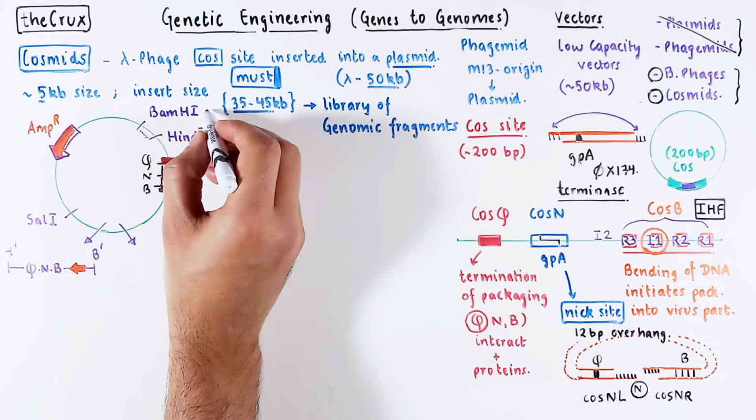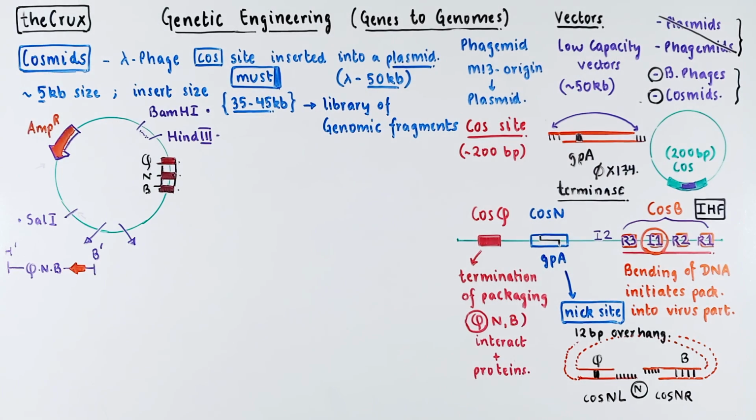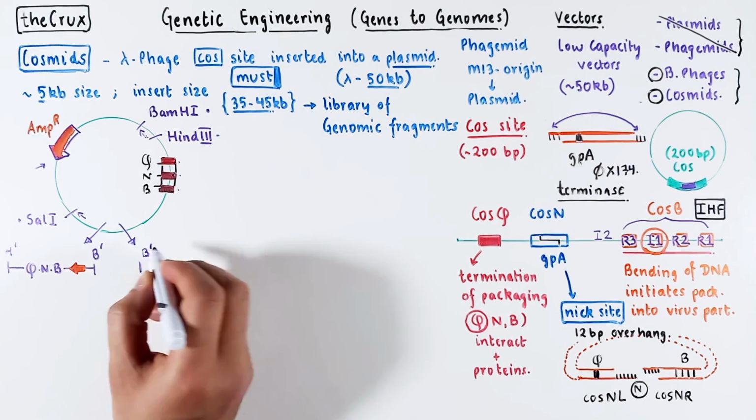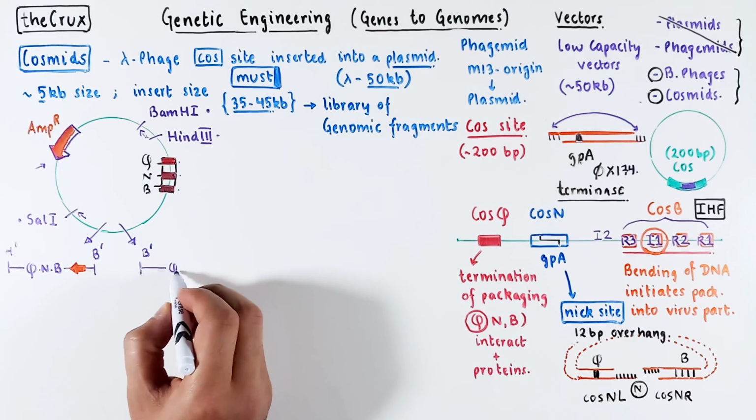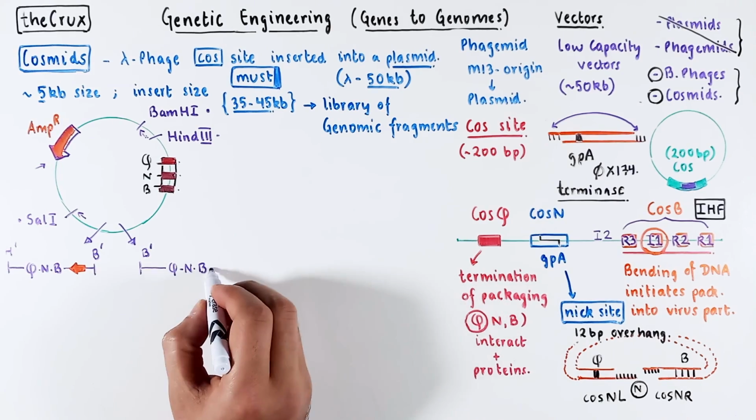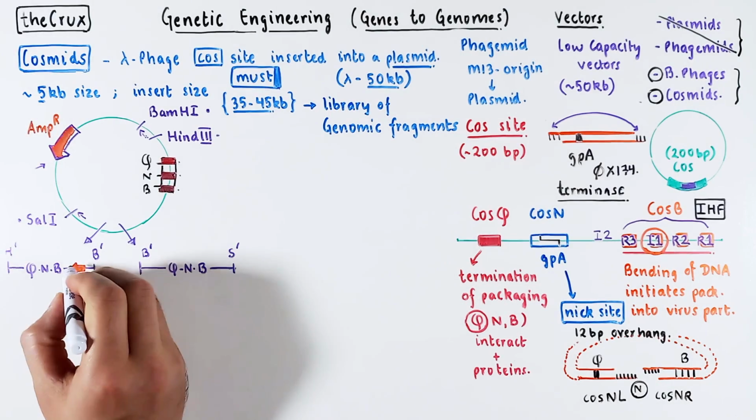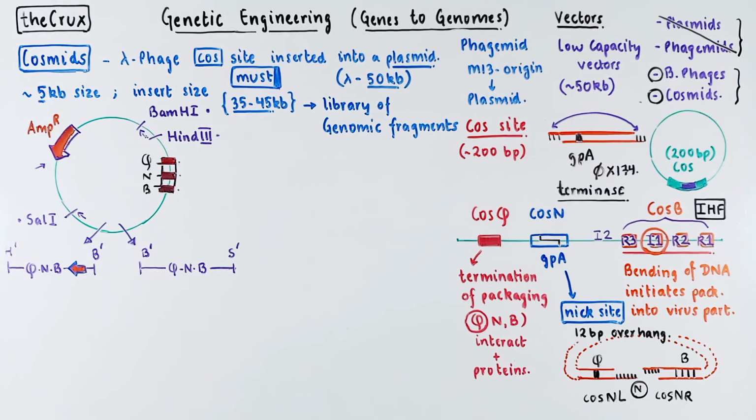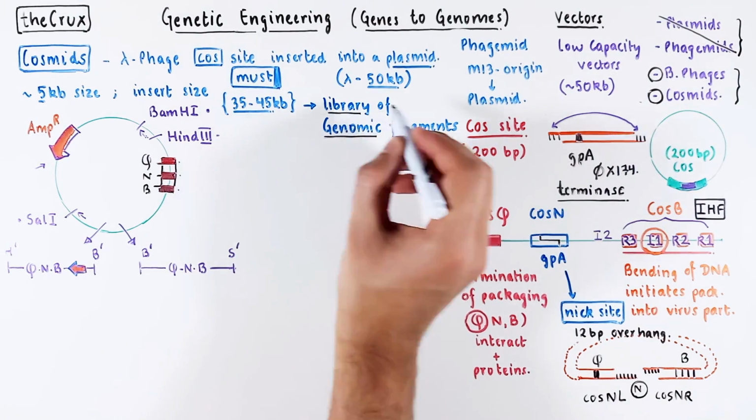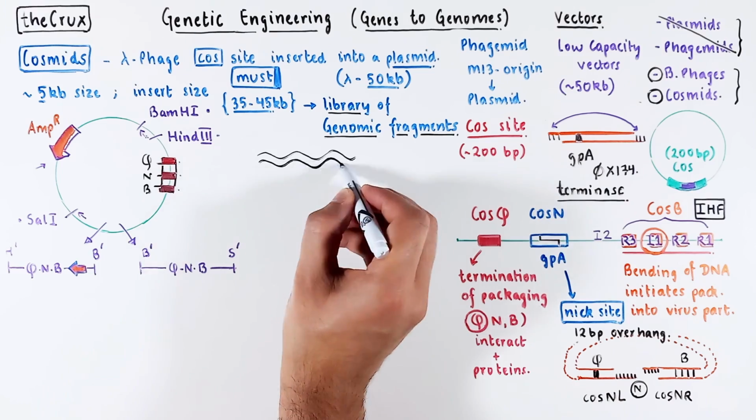The other way to cut this vector is using SalI and BamHI. In this, you want to keep the DNA fragment with the Cos site. If you write the structure of this, you will notice that it does not contain the ampicillin resistance. Once you have these two types of parts, you can take the genome of interest and make a genomic library